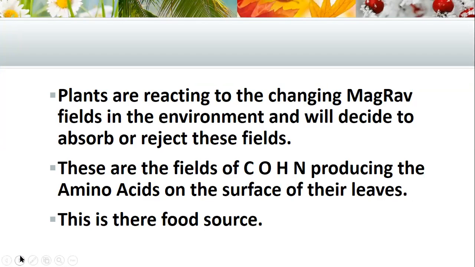You know, we're all eating amino acids in different forms. When we are eating meat from another animal, the meat is in an amino acid form. If we are eating plants, it's in an amino acid form. So just like we eat food, which is all amino acid based, so the plants are also eating food, which is amino acid based. Absorbing the fields, yeah. Not eating anything. No.